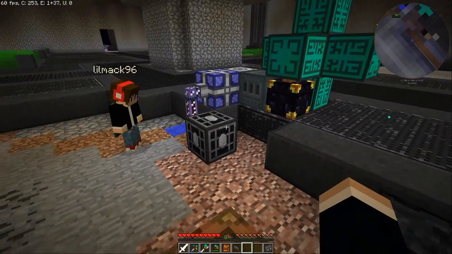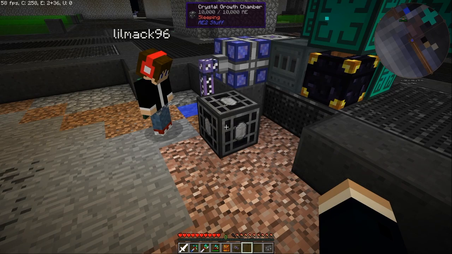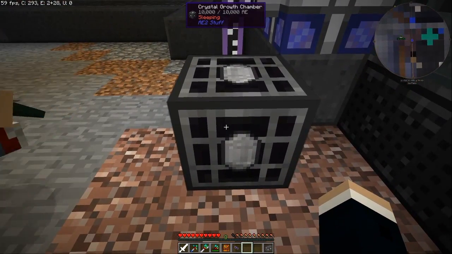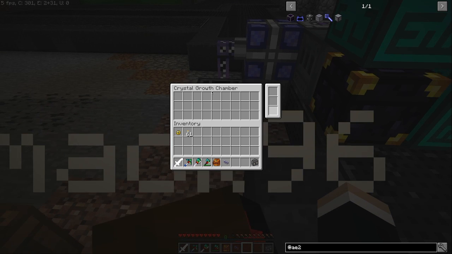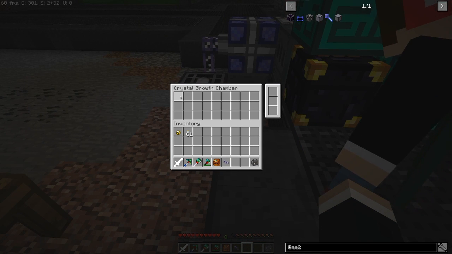I guess we could look up in the top in Waila, or in WAILA. What am I looking at? Yeah. Right now it's sleeping, and it has 10,000 AE. Okay, cool. Now I guess this can get acceleration cards, it looks like. Yeah, so you can put acceleration cards off the top. Look at it. So you're going to put, I believe this is...